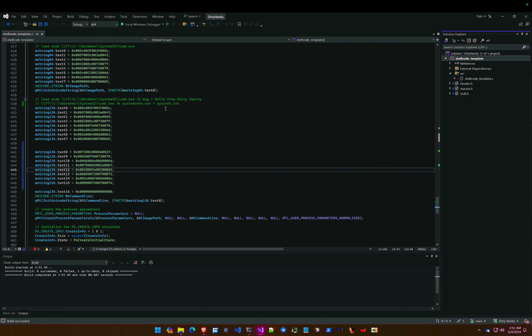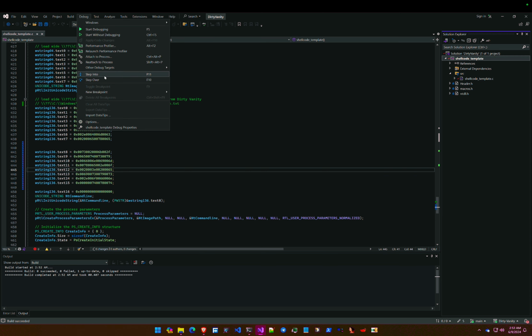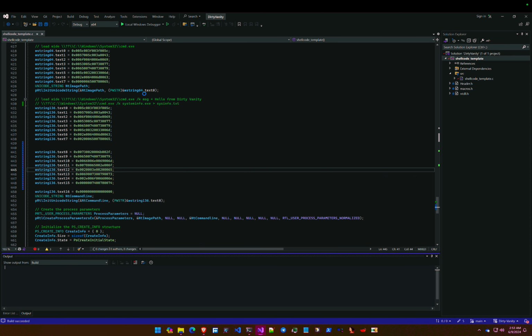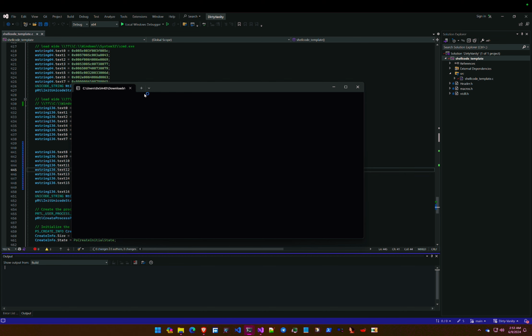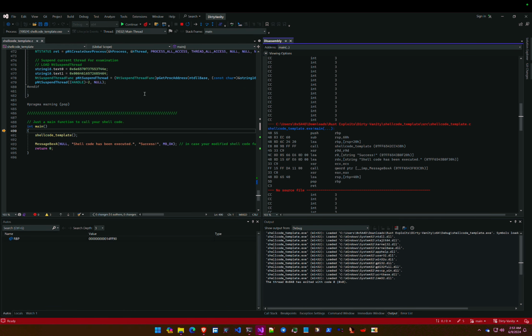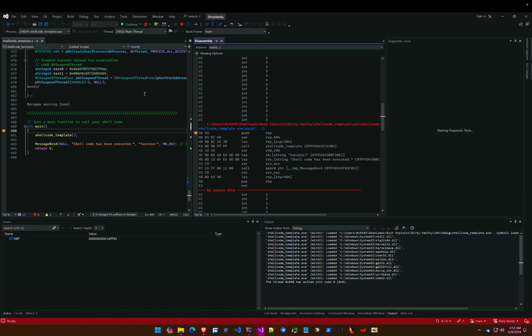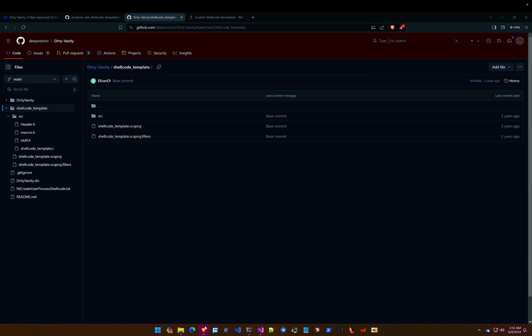All right, so our build is now successful. The next thing we need to do is go to debug and step into. As soon as you click step into, you should see the disassembly part here. And if you go back to the dirty vanity page here,